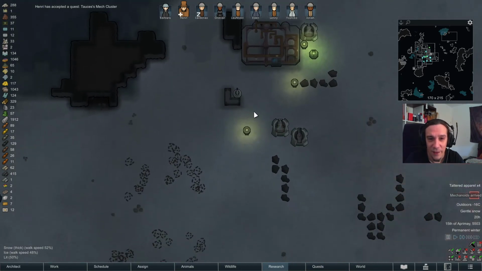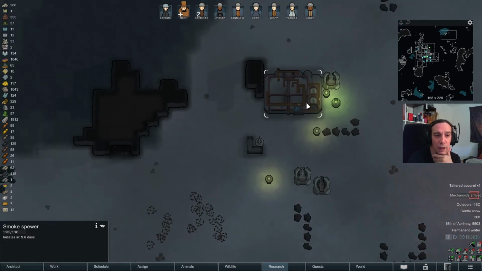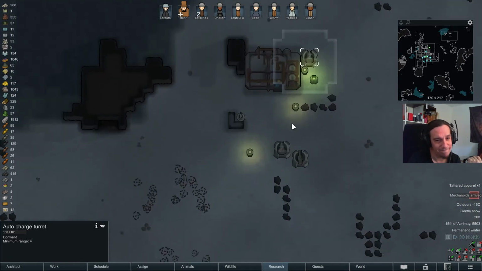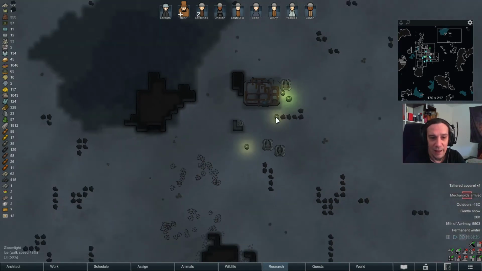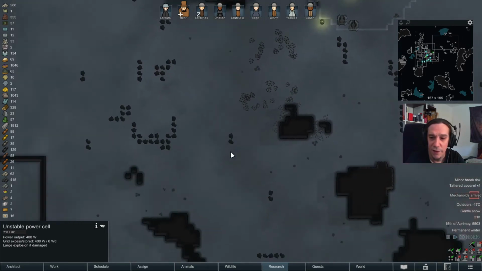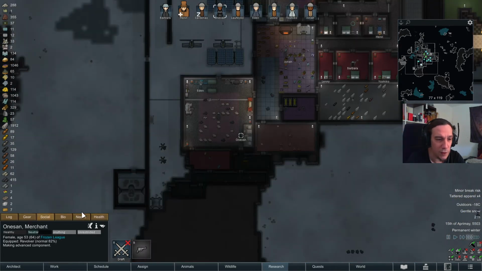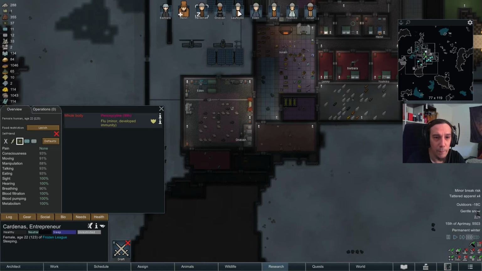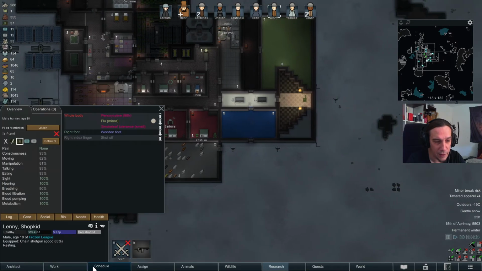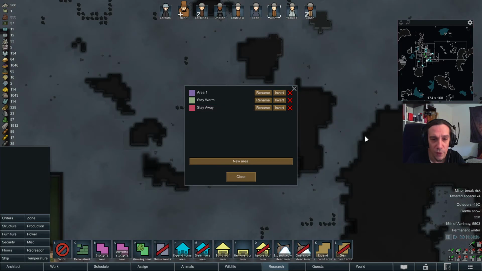Alright, there we go. So we got a smoke spore, which will initiate in 9.6 days. And apart from that, they got big turrets, but like I said, this time I'm not that scared, you know. There's even an unstable power cell. Okay, so once the flu is gone, I'm going to attack that thing. Until then, I have to manage my stay away zone,